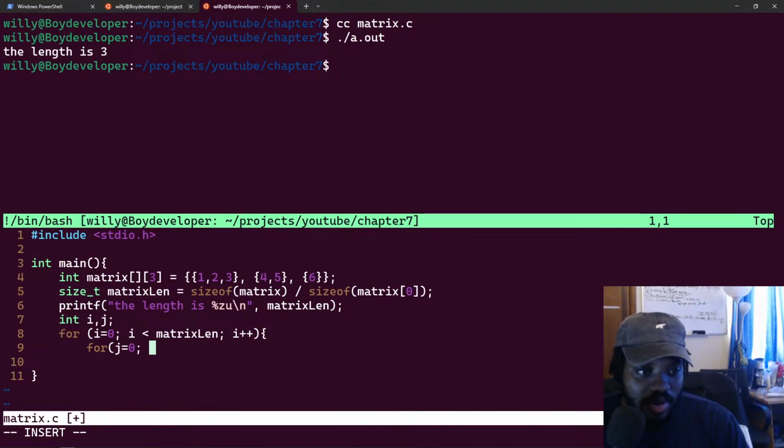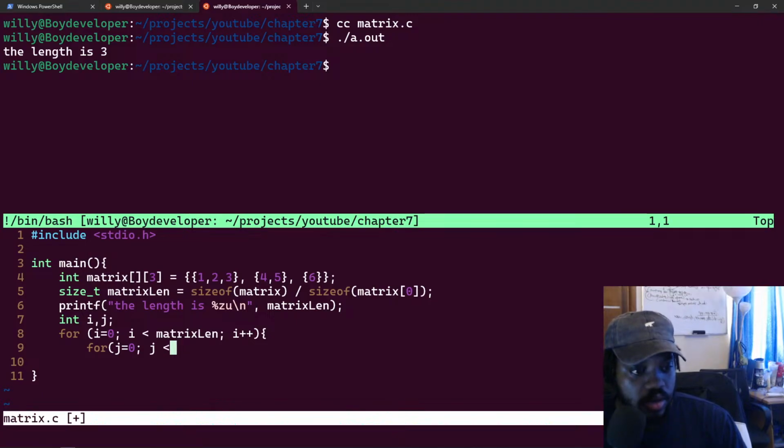So does that mean we have to calculate the length of each of the arrays inside of the matrix? So say for example j is going to be less than, so we have to calculate the